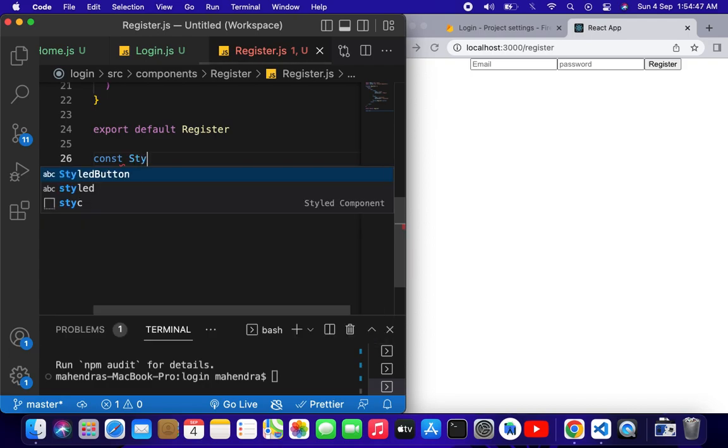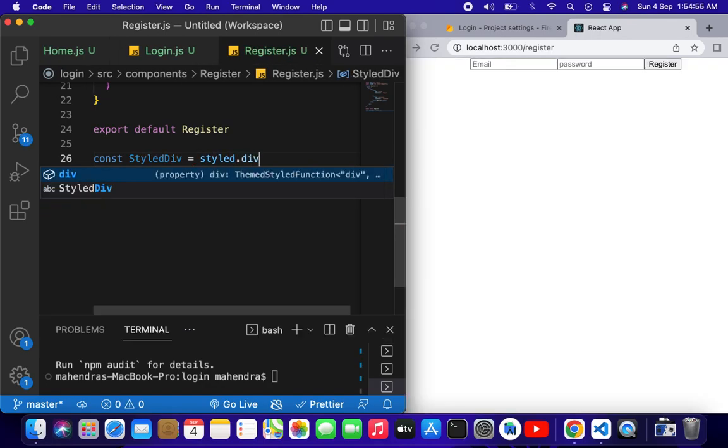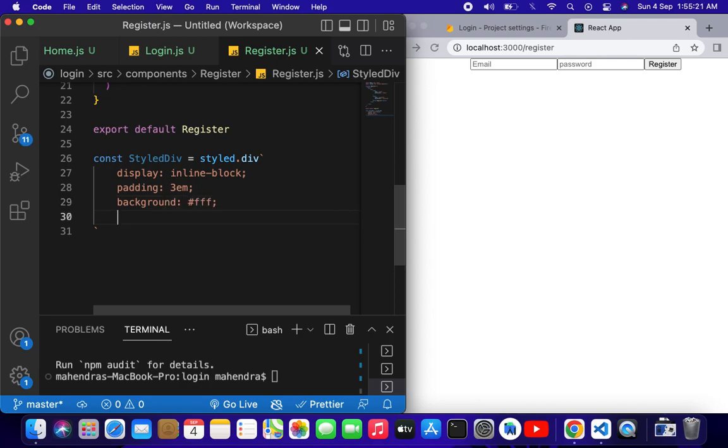So const styled div equal to styled dot div, display inline block, padding 3em, background hash triple f, border radius 10px, position relative, cursor pointer, margin top 10%,